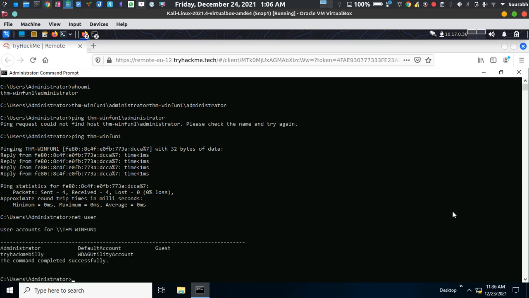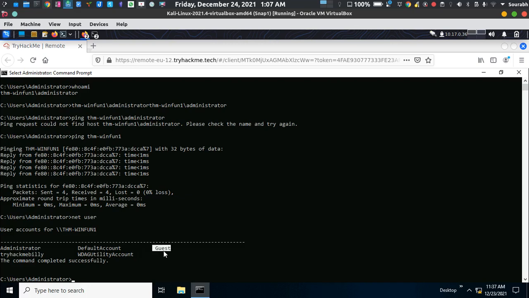As you can see, there are two users in my computer, not including the guest one. The first one is Administrator, the second one is TryHackMe Billy, and there's another user called WDAGUtilityAccount. It's actually assigned to Windows Defender, so you don't need to worry about this user. And there's a Guest one, which is the guest account.